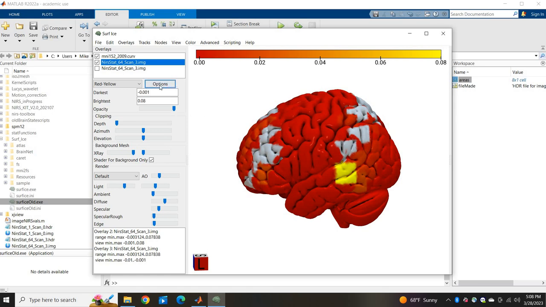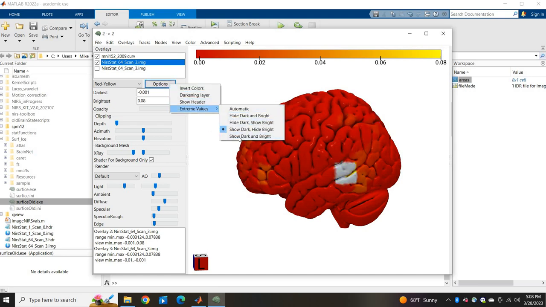You can invert your colors. That's just going to change the colors. Invert those back. You can also do something like hide dark and bright, but that doesn't seem to fix the problem, as I'm still seeing all this area that we didn't even measure. So this is just a fun problem to solve if you can figure it out. But like I said, you can do,